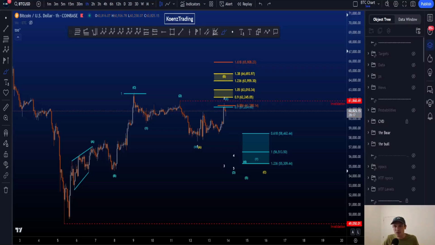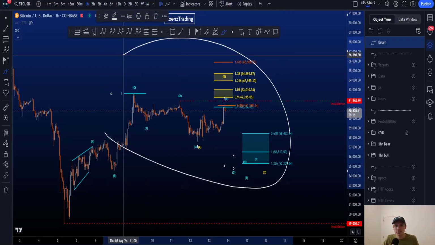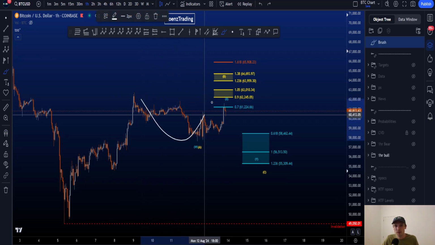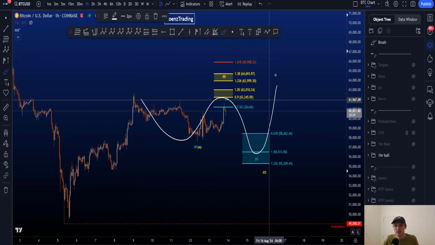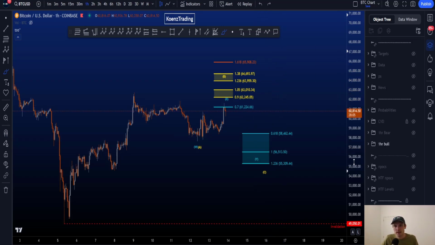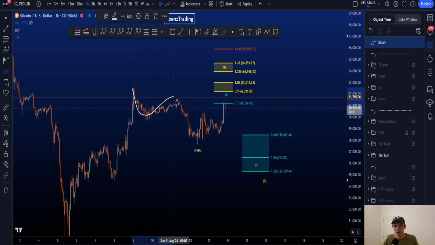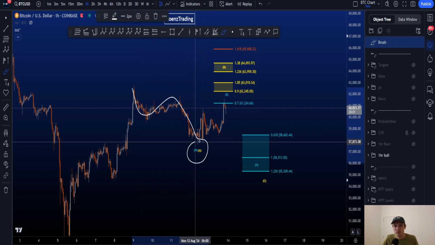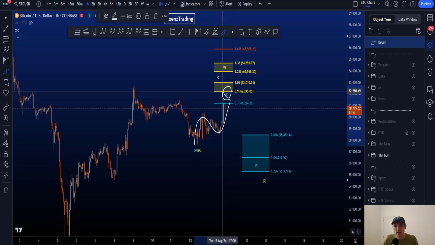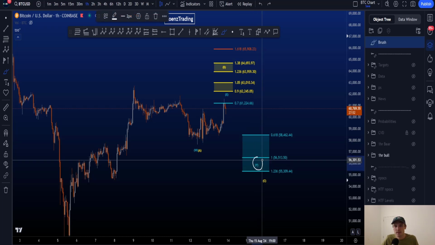Hi everyone, let's go over my bullish and bearish Elliott wave scenarios on Bitcoin, starting with the bullish scenario where we're looking for a three-wave corrective structure to the downside, after which we want to see continuation to the upside. In this case, we have a finished three-wave structure to the downside in a wave W or A, looking for a three-wave move up in X or wave B, and then another move towards the downside in a wave Y